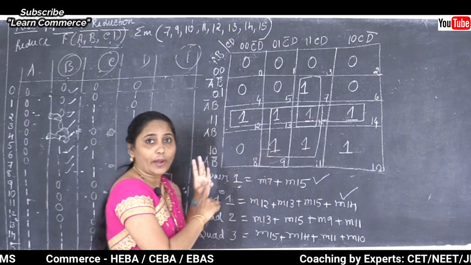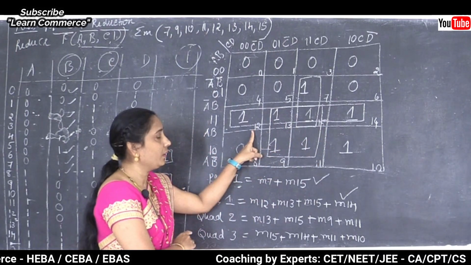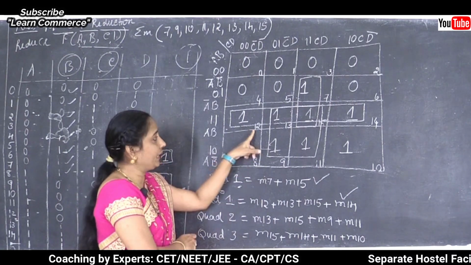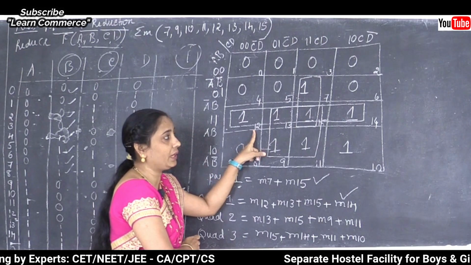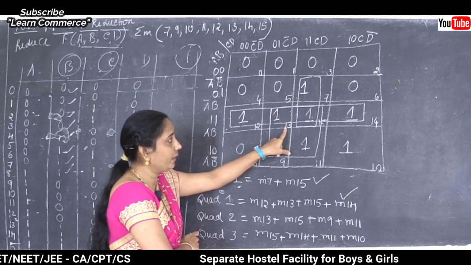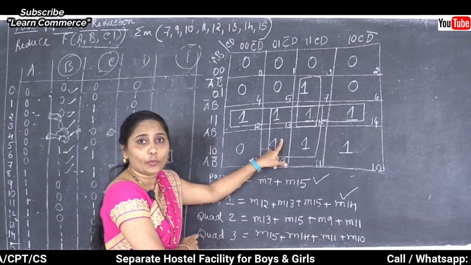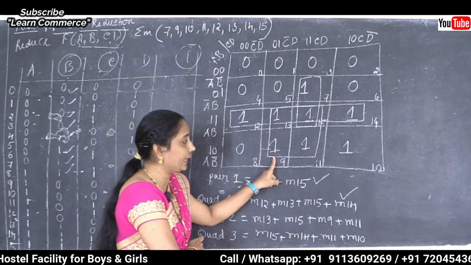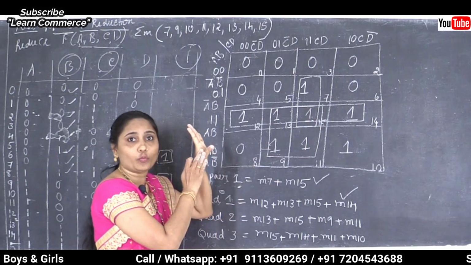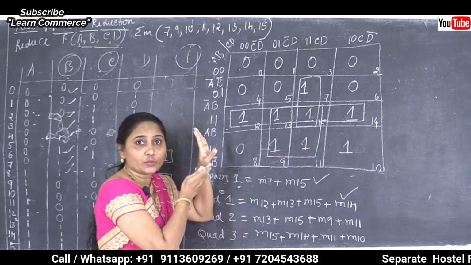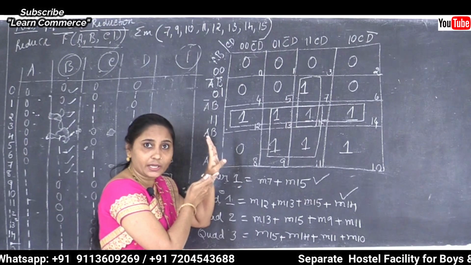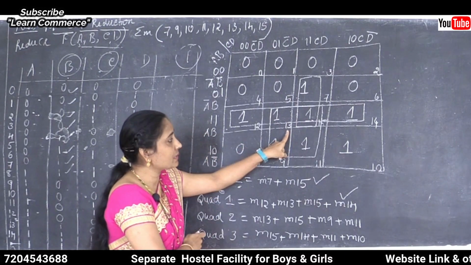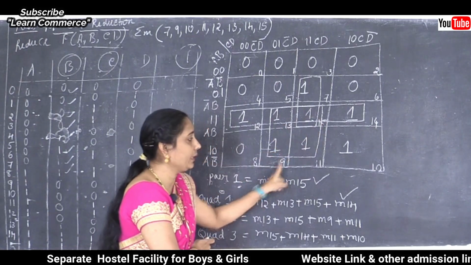Clear this one? Quad 1 is very simple, that is going to move in a horizontal manner, left to right, by taking the numbers 12, 13, 15, 14. And the second quad is an example for the overlapping. 13, 15 we already took. Now just by taking 9, 11 we can make it 4 ones and we can make such one as the quad here. Correct? So this is the example for the quad 2. So quad 2, the numbers are 13, 15, 9, 11.